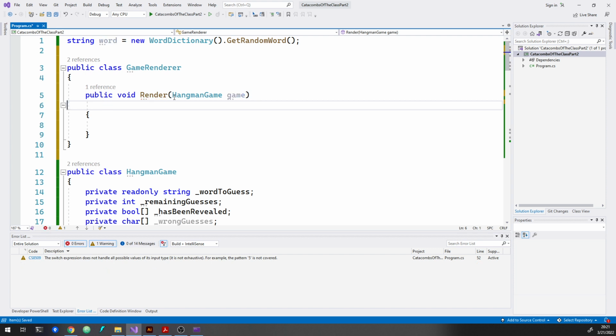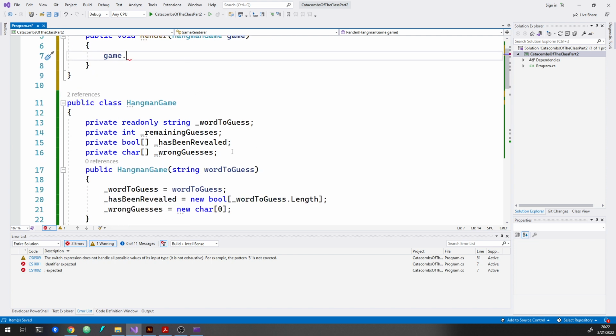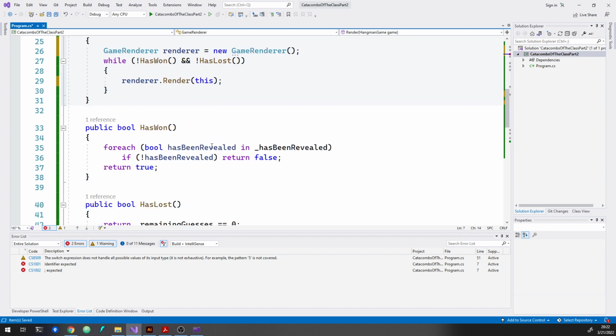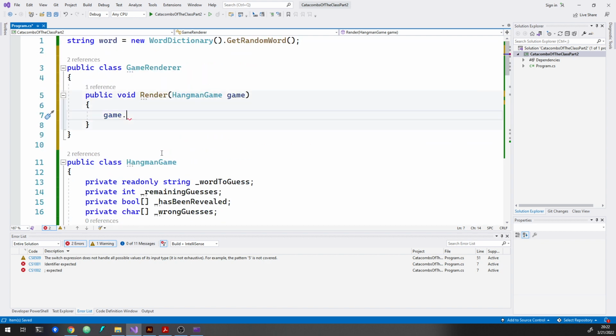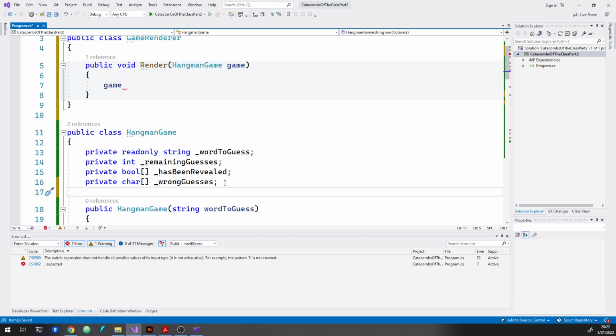But now, at this point, the renderer technically has access to its stuff, although all of these are private. So we would need to make some sort of access to it. Or alternatively, we could just shove the rendering back into the Hangman game. And I like having it separated. I think that's a good idea. So I am going to do this. I'm going to upgrade this to a public